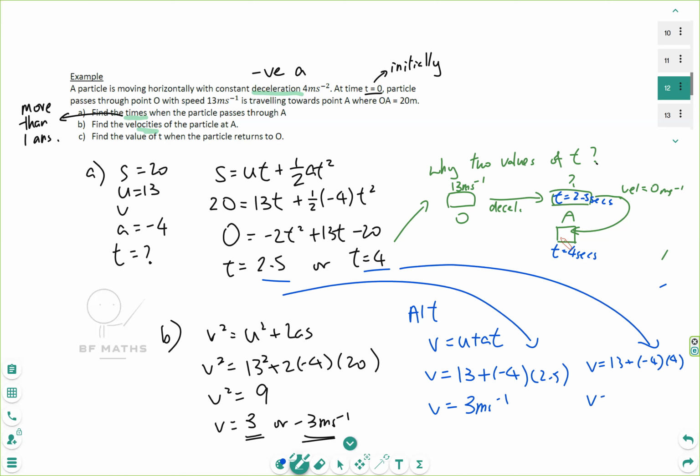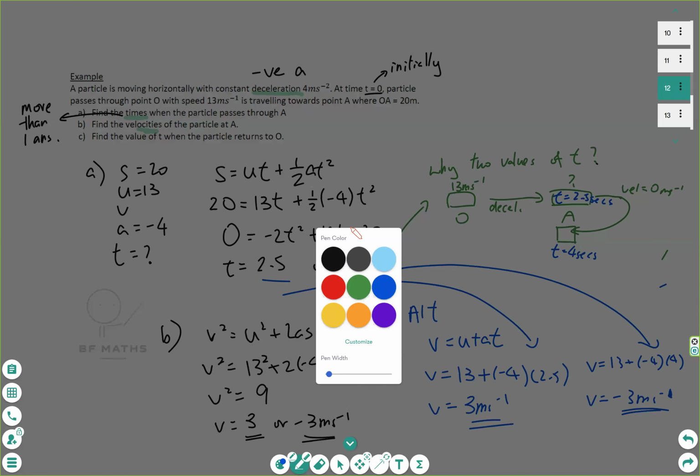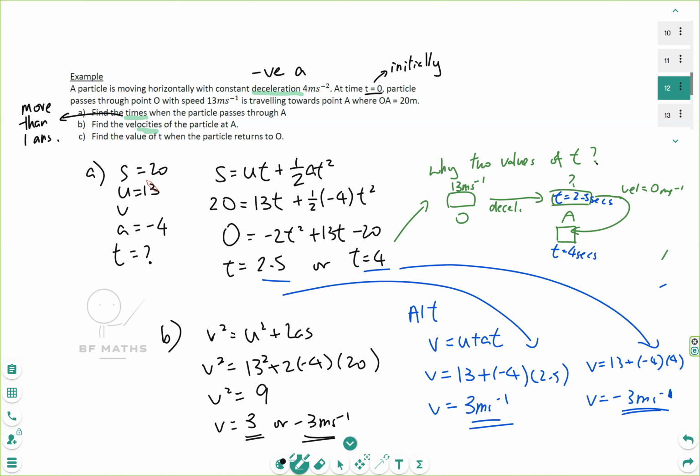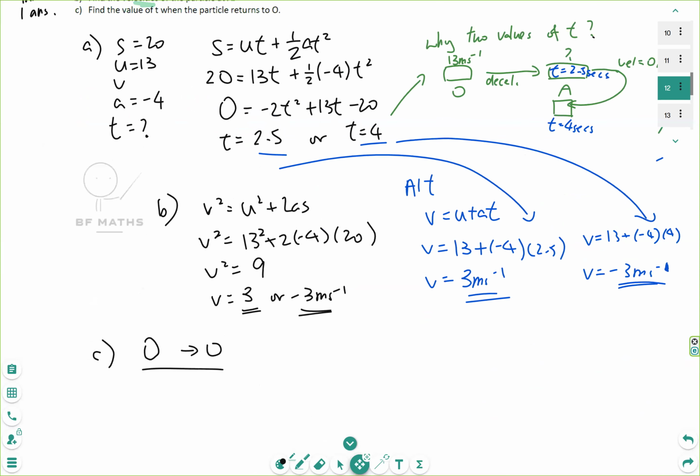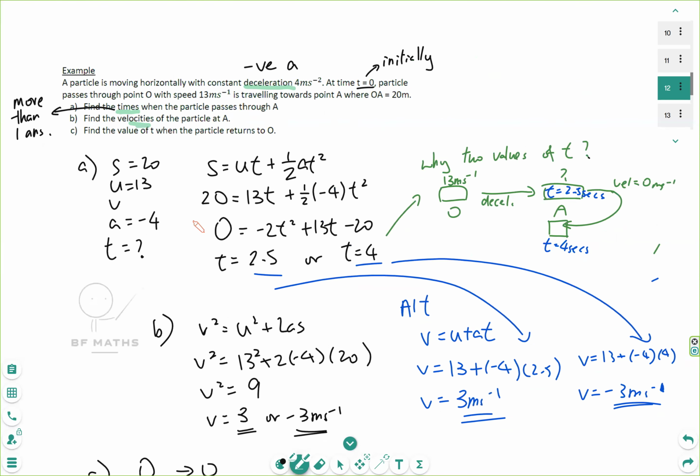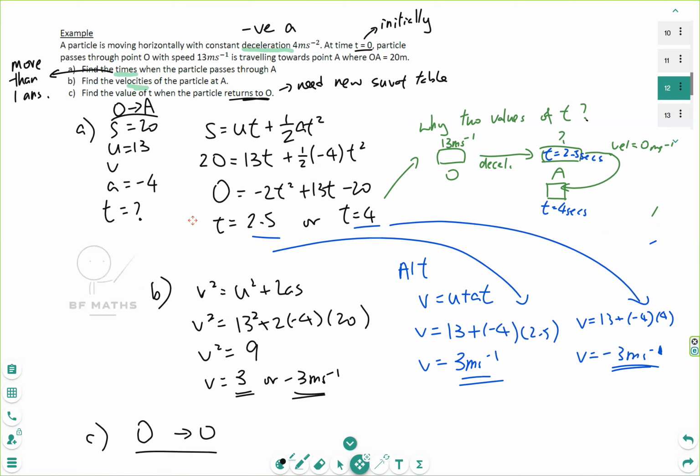Okay, so you get v equals -3 meters per second. Part C, find the value of t when the particle returns to O. Question to you, can we use the same SUVAT table? No. Why? Because now the journey we want to measure is from O to O. The first table we did was from O to A. If it returns to O, we need a new SUVAT table because we're now measuring a different journey from O